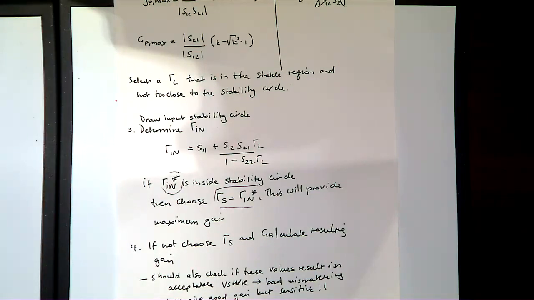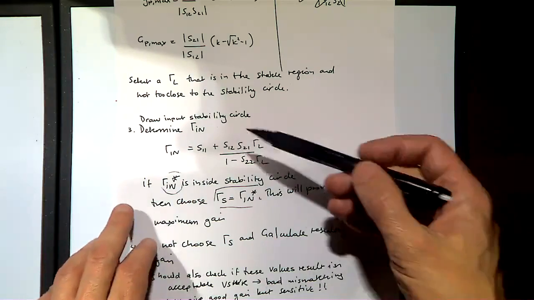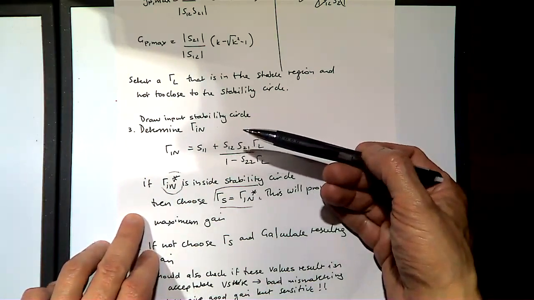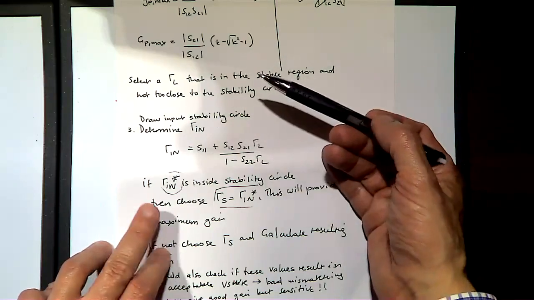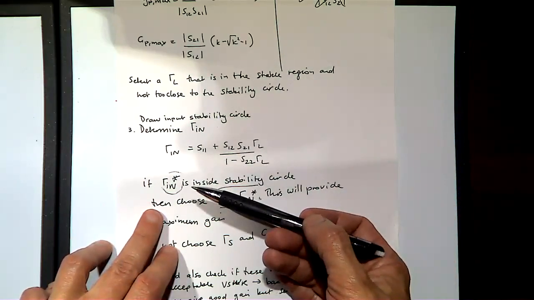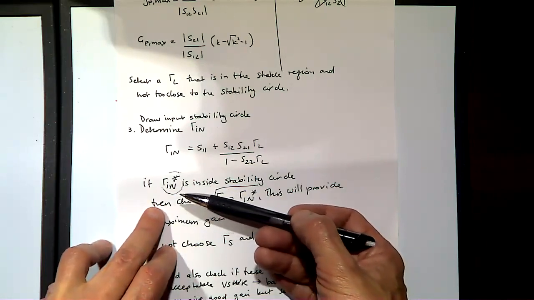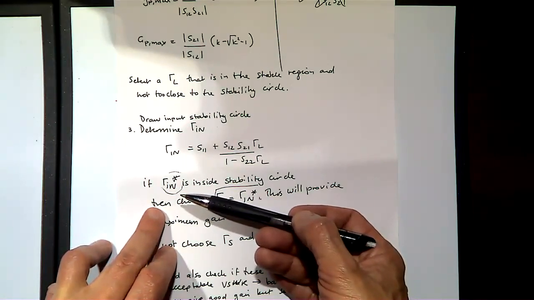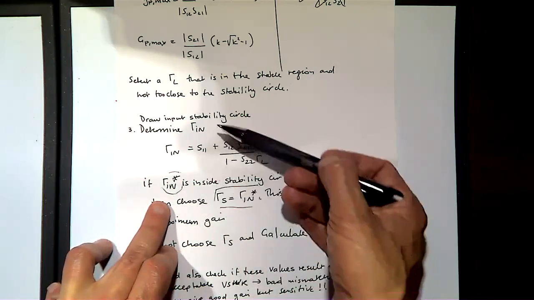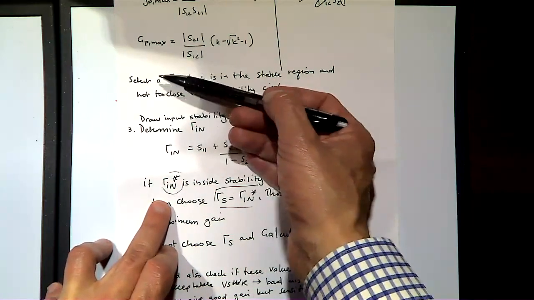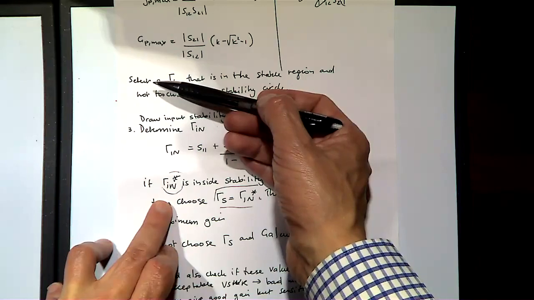In real life, it wouldn't be in an exam question or a test question, but in real life, it might happen that you've chosen gamma L that gives you the best load standing wave ratio, but it's unstable, right? Under those circumstances, what you would do is go back and choose a different gamma L,